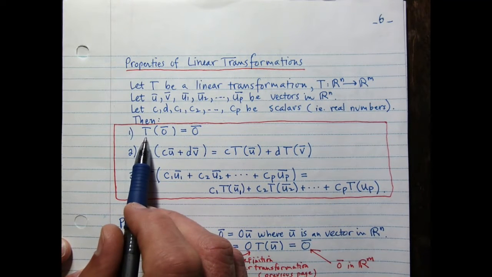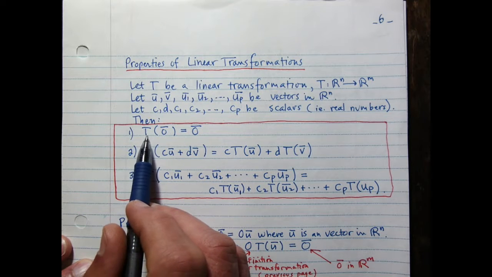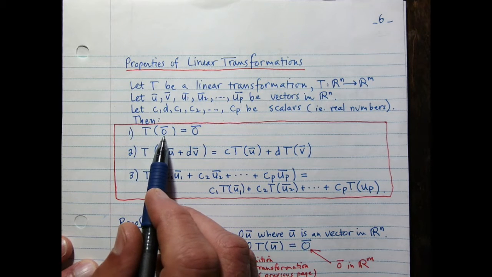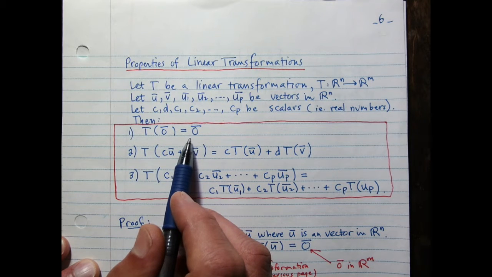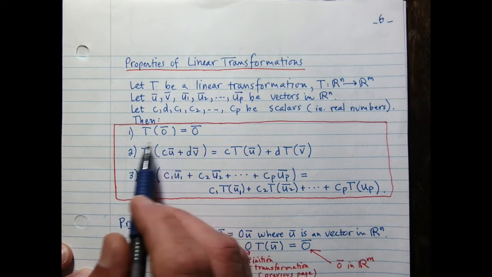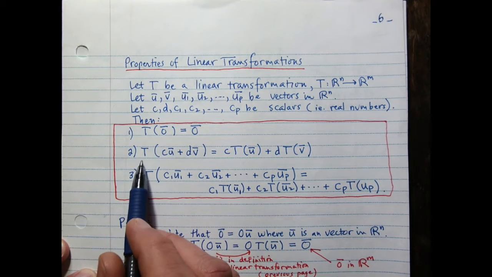Number 1 is kind of amazing. Any linear transformation will take the 0 vector in the domain and its image will be the 0 vector in the codomain. That always happens. We'll talk about that a little bit more in a minute. Number 2,